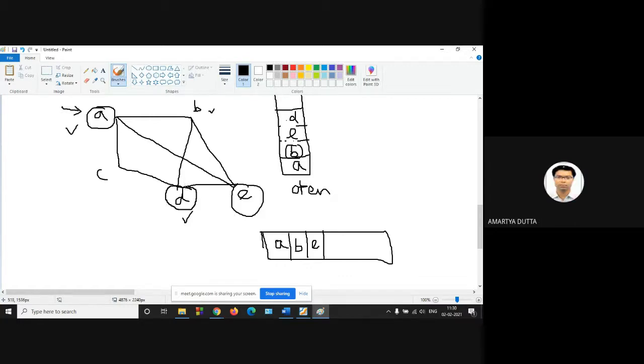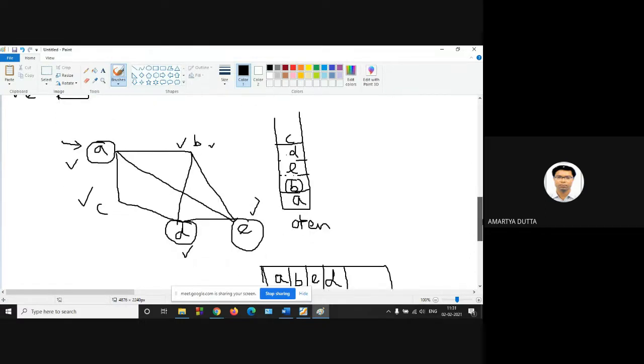So what are the adjacencies of D? These are E, C, A and B. The degree of D is 3. That's why C, E, and B. But E and B are already inserted in your visited array. Okay. So C will be the new one. C is pushed, and write down D here. Okay.